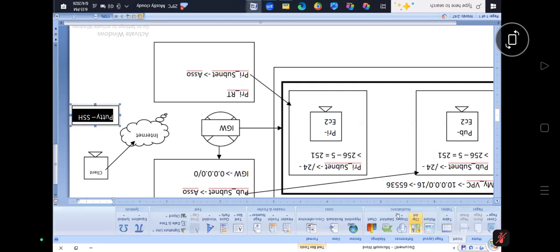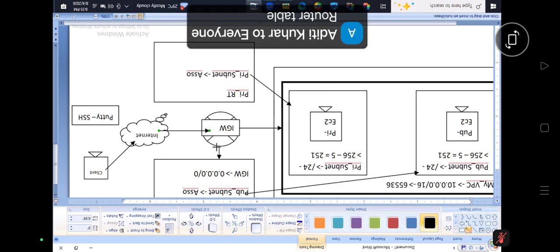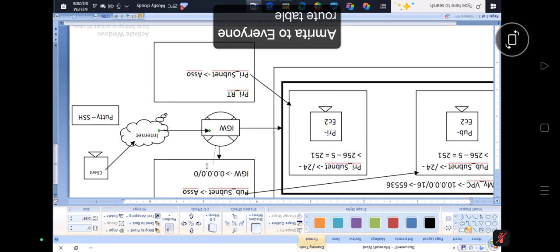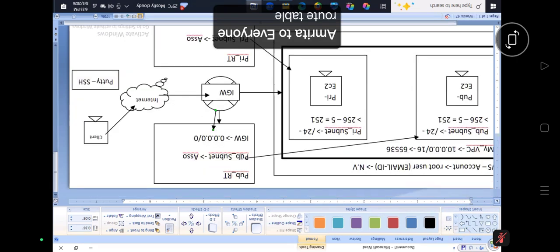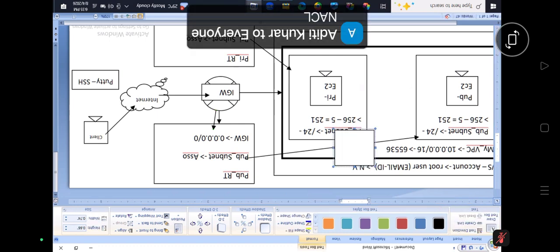It is going to carry forward the request to whom? To IGW. IGW, it will send the request to whom? Yes, guys. IGW, it will send the request to whom? Route table. Very good. So IGW will send the request to the route table. The request is going to carry forward into the public subnet. So before carrying forward into the public subnet, we have two checkpoints, right? Very good, super. NACL